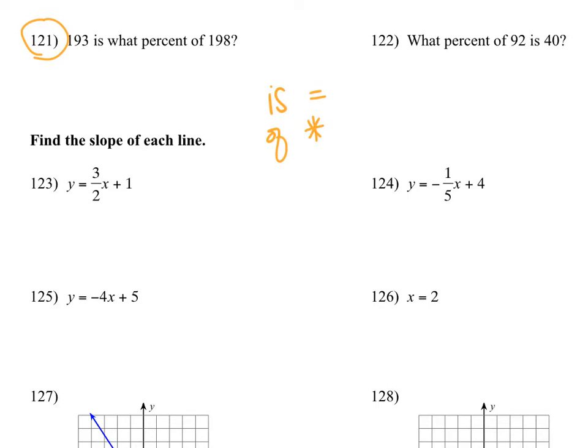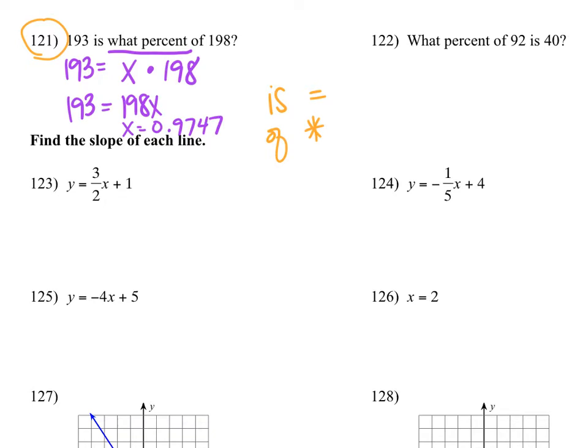So reading this problem, I know that I can say 193 equals what percent? We don't know. Times 198. Well, we know 198 times x is going to be 198x equals 193. And then from there, you can divide 193 divided by 198. So my answer would be x equals